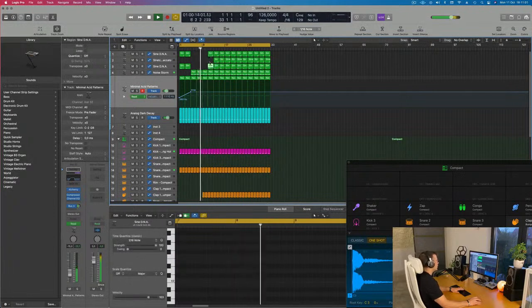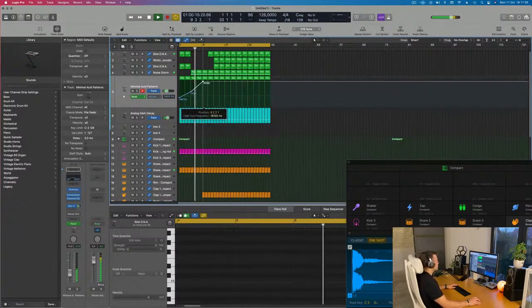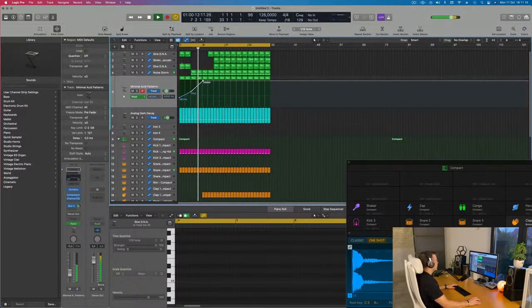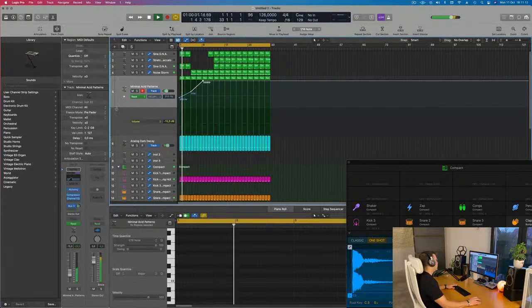The vibe is there, definitely. Getting there. Let's bring it up. And if I want to go a bit mental, which I do actually, I'm gonna go and put it on